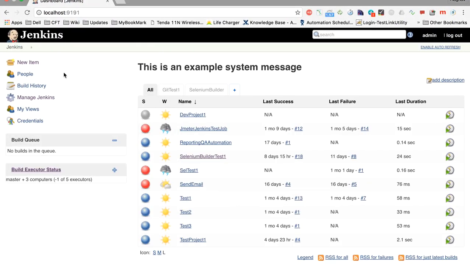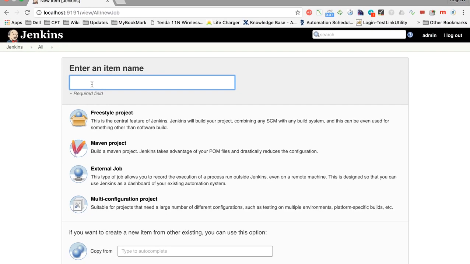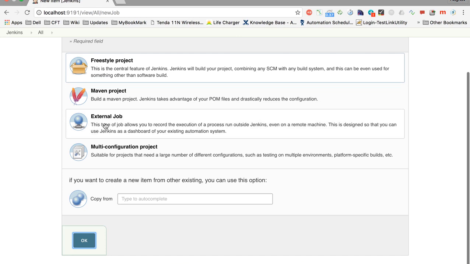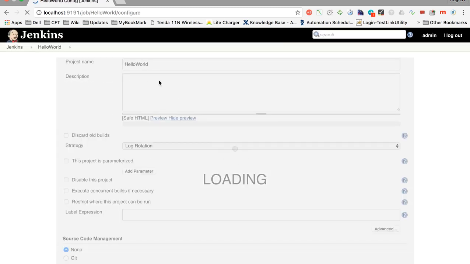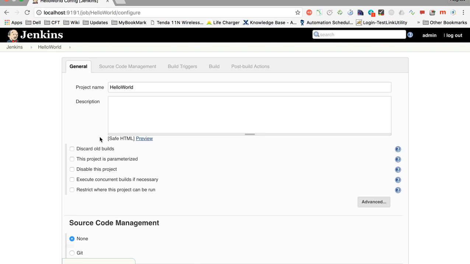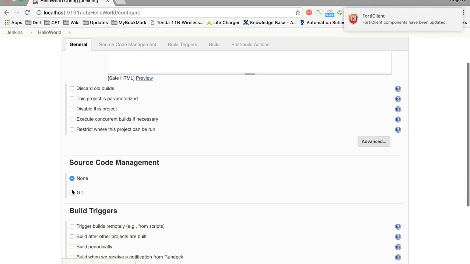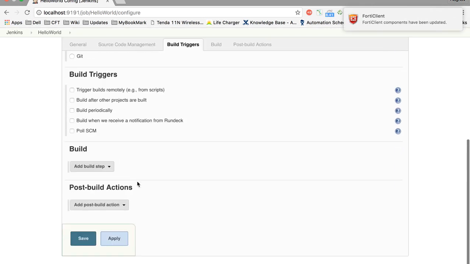Okay, so now I will go to new item, and I will create a program. So I will say hello world freestyle project, and I will say okay. So it has created the job, and now although we will use Git, but for now we just want to test,